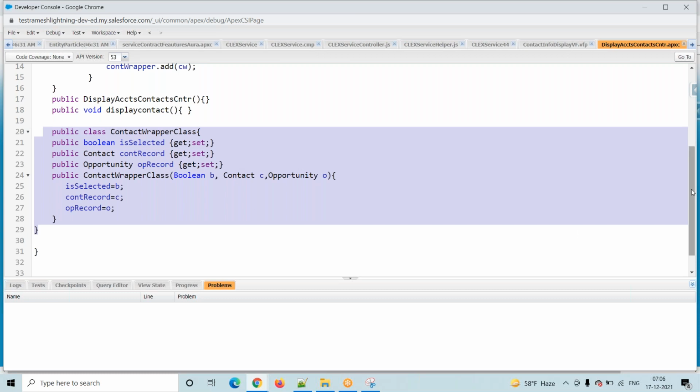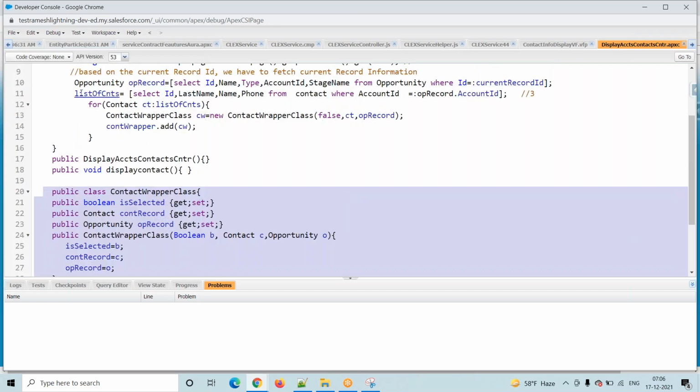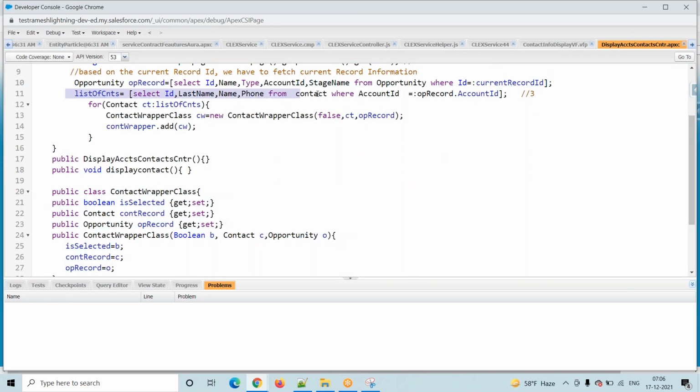Now coming into here, I have 3 contact records. Line number 11, we have 3 contact records. Now we are trying to display that contact directly by using page block table. My client is not accepting because you want the contact record in some template format. Yes, for that template, what a client wants, we prepared one wrapper class. Now these contacts I want to move into that wrapper class.